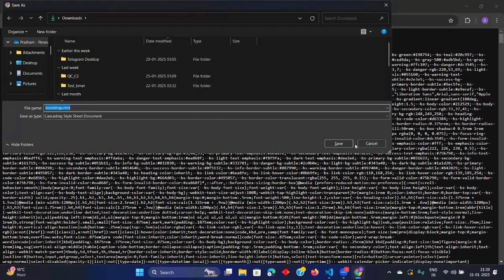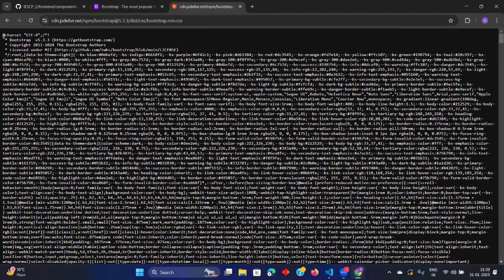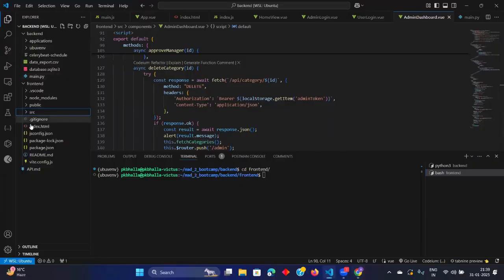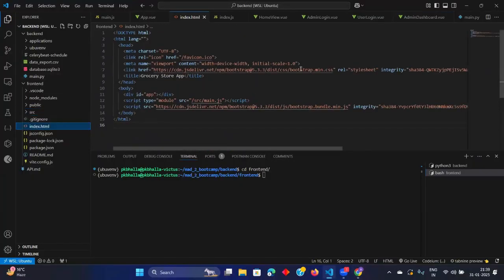Bootstrap will still work. If I copy this complete code into a CSS file, let's say my style.css, and import it. I am not using style.css for now, right? Yes, we are not using style.css for now.